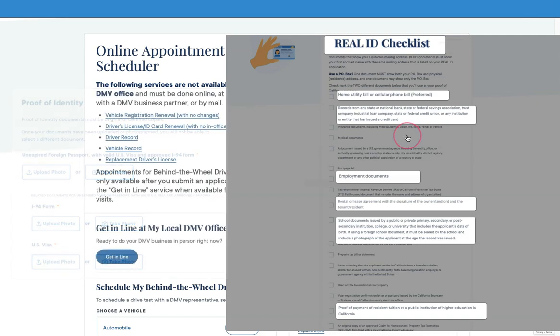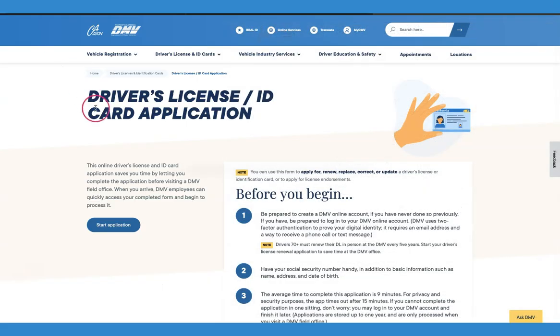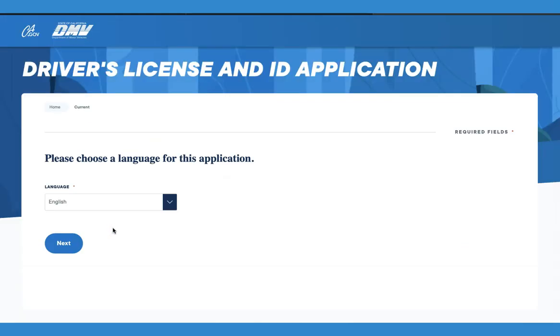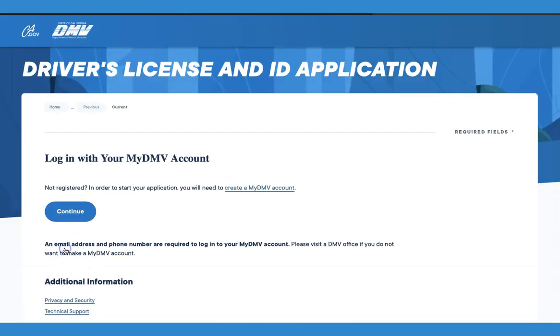Since you already have a DMV account, we are going to head over to log into the DMV account. Once we do that, we'll move on to apply for a state ID or driver's license. Once you hit the start application, you choose your preferred language, key in your email address that you used to register,